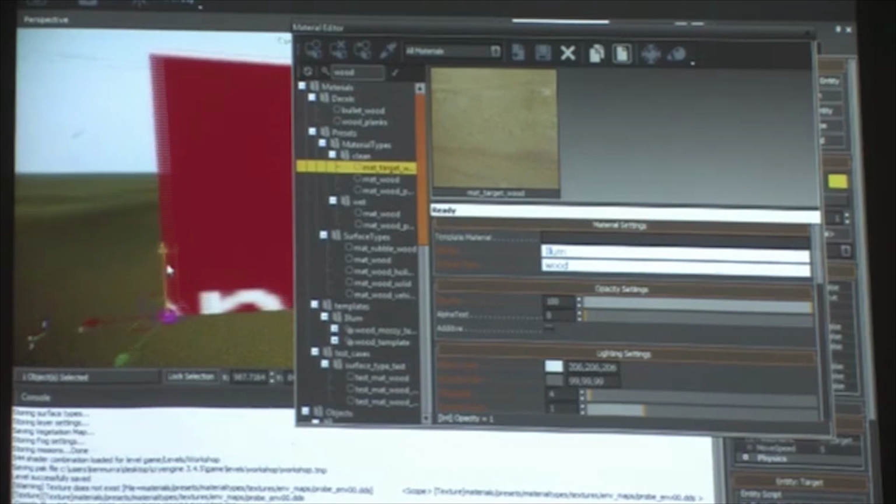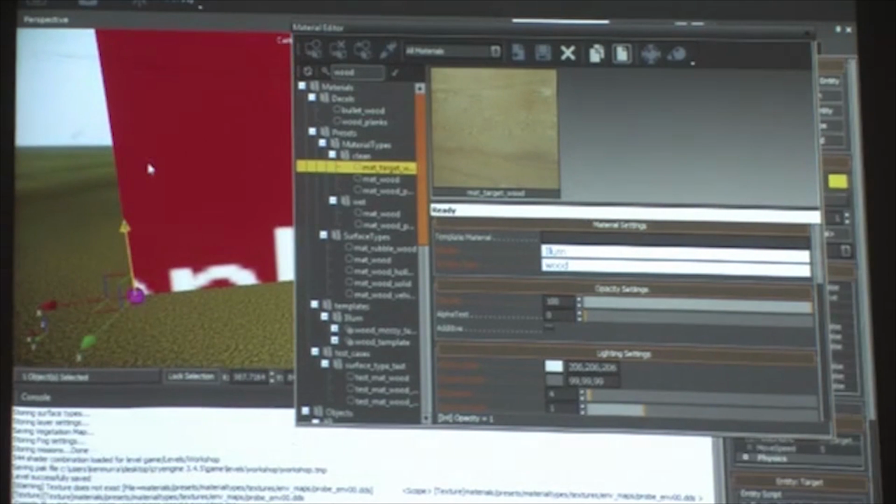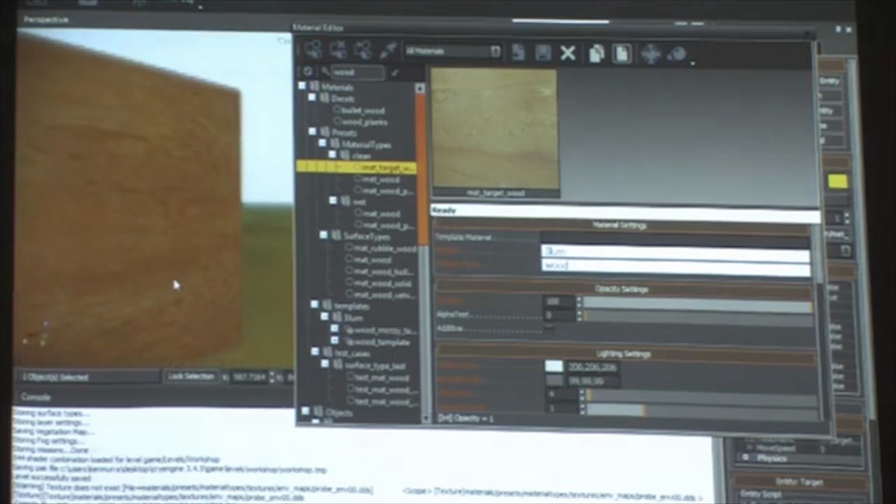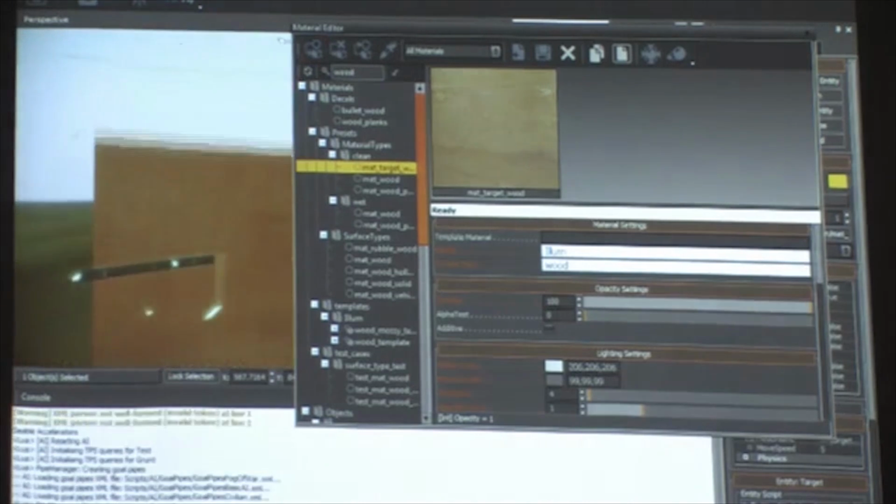And then making sure that you have your target entity selected, you can click this first button to assign this target or this texture to that entity. And so it gives it a nice wooden texture. And if you go in game,